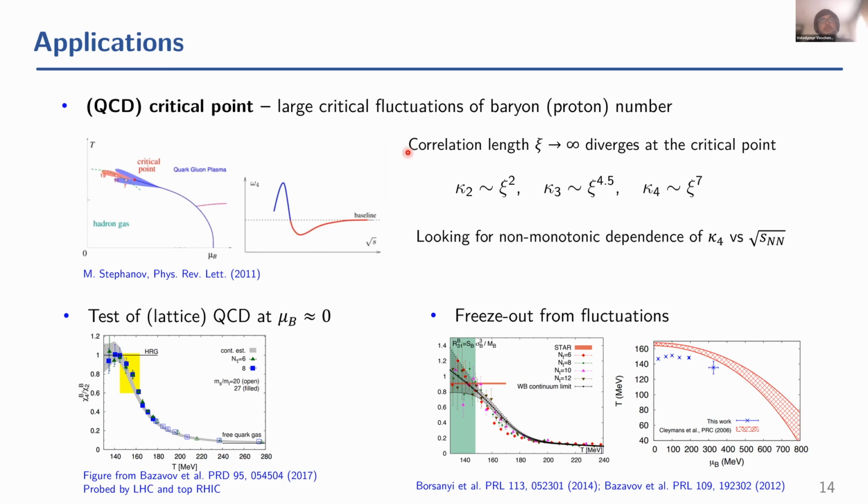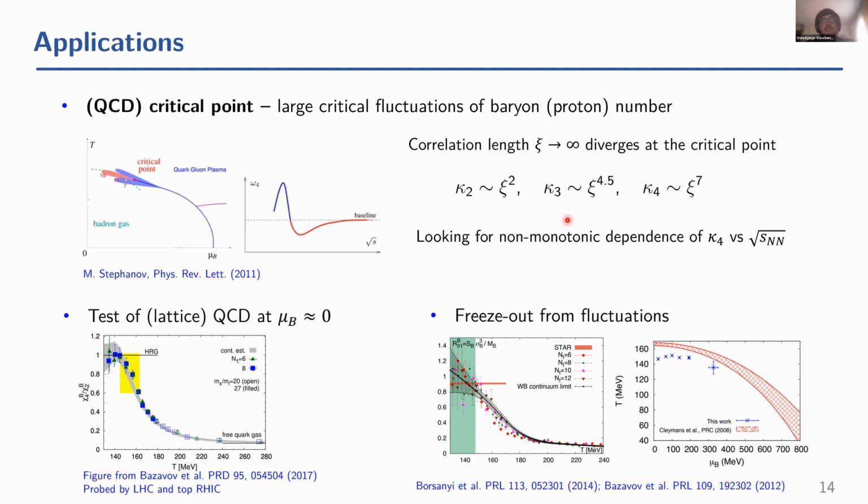And near the critical point, one can introduce this correlation length, which characterizes the length scale of the fluctuations. In an infinite system, the correlation length formally diverges at the critical point, while the cumulants scale with increasing power of the correlation length. This emphasizes the fact that as you go to higher and higher order cumulants, you become, in theory, more and more sensitive to the critical point physics.